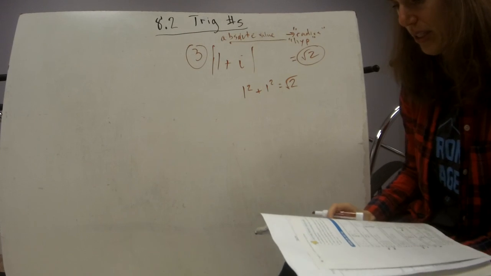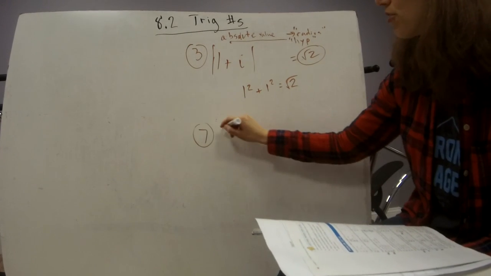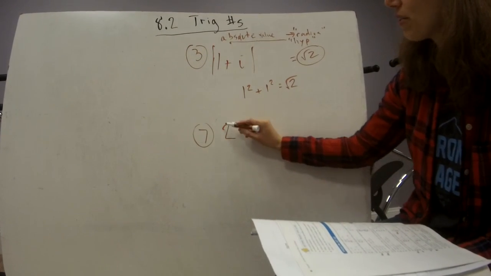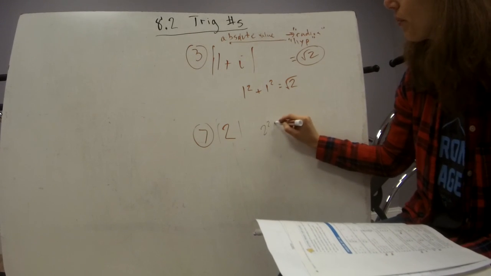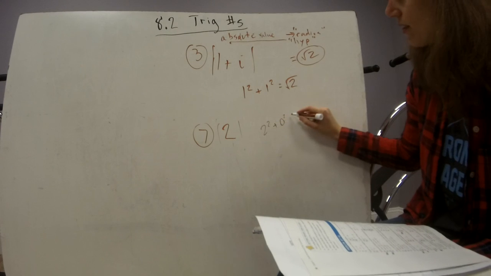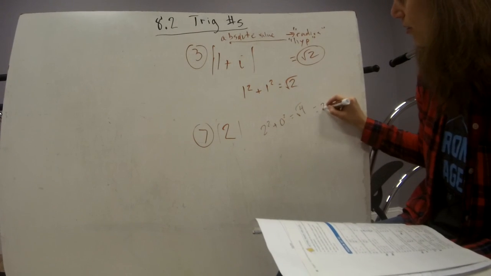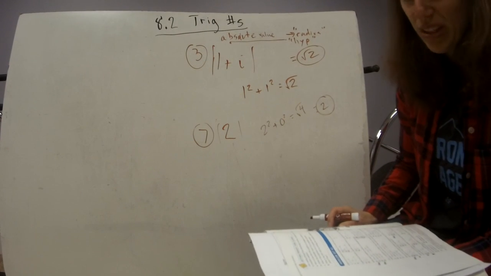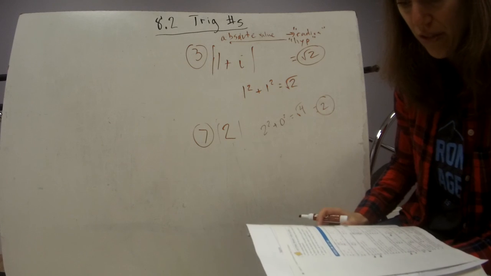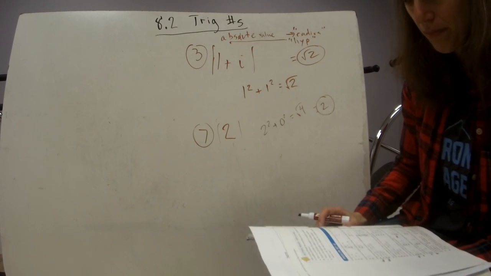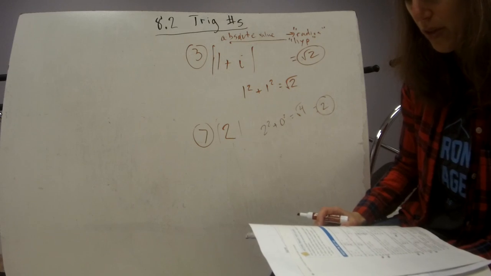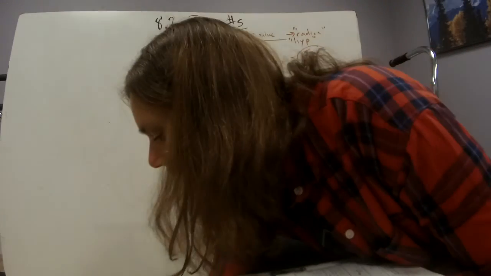That does mean the answer to something like number 7, where it's just 2, well, we actually know the absolute value of 2 is 2. But here it's because you take 2 squared plus 0 squared, because there's no i's, and get 4 and square root that, and you get 2. So any questions that you have to do between 1 and 10, it's actually just like the Pythagorean theorem. We should probably do something like the next section. So let's look at